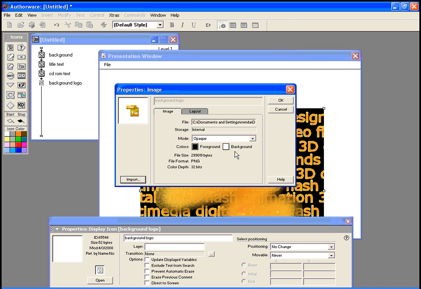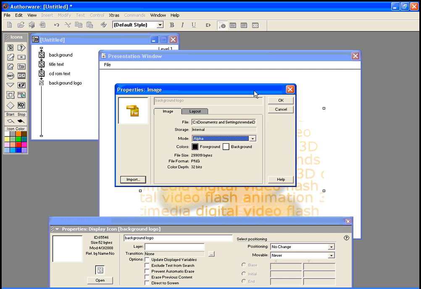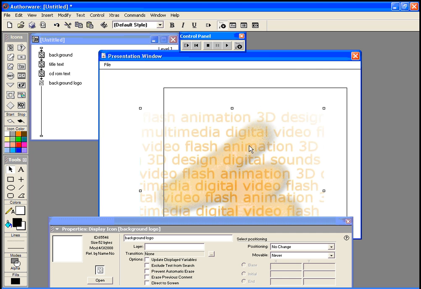I created this as a PNG file with a background of transparent, and I made sure that the transparency was set in alpha in my photo tool. So now I'm going to select the mode of alpha, which will tap into that transparency. Now you can see how that works. I can move this around,